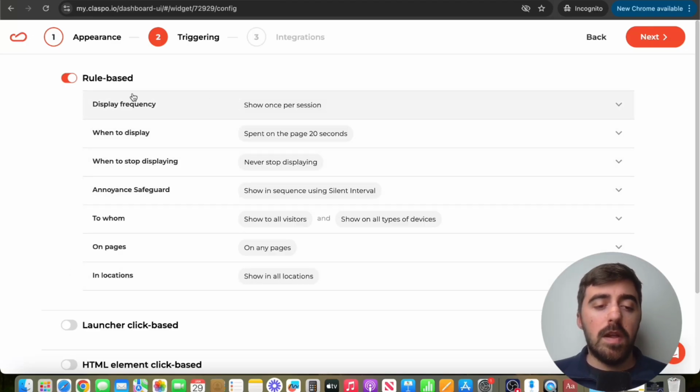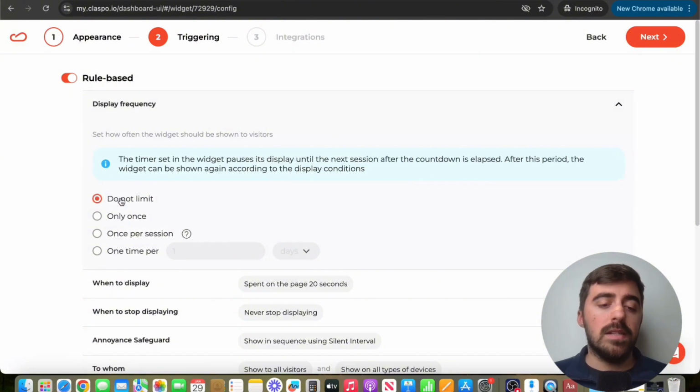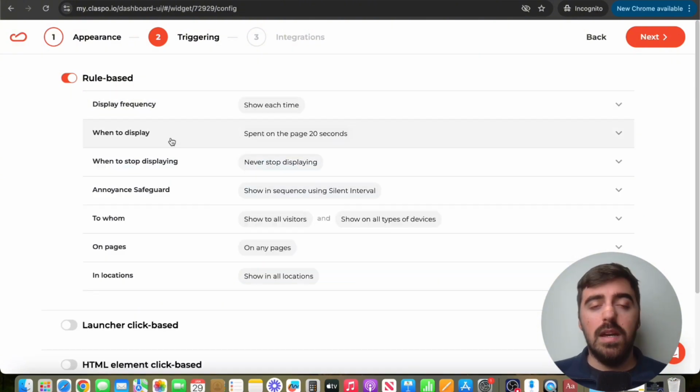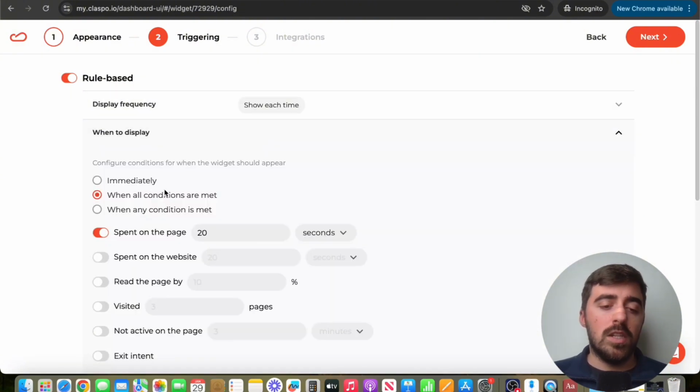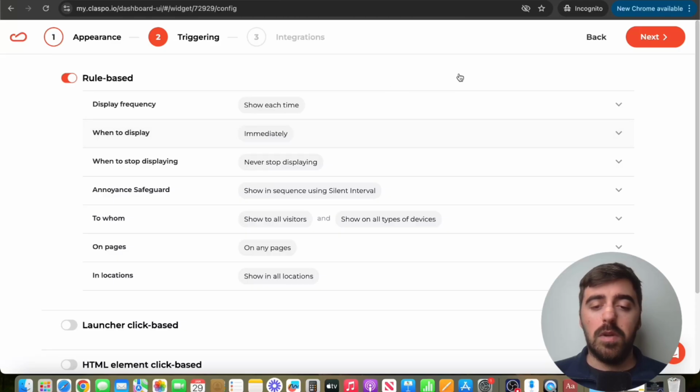Customize them as you see fit. In terms of display frequency here, I'm going to set it to do not limit because I don't want there to be any limits whatsoever. And in terms of when to display, at the moment, it's set to when all conditions are met. And the only condition that we have is spent on page 20 seconds, which basically means that the user has to spend 20 seconds on my WordPress website before my sticky countdown timer is shown to them. In my case though, I'm going to set that to immediately,